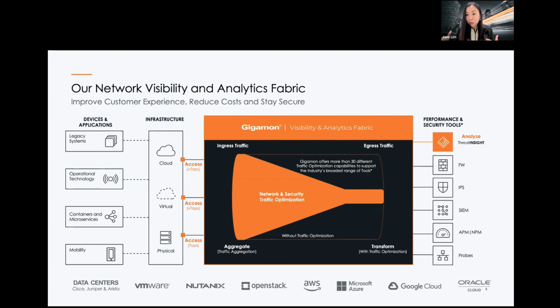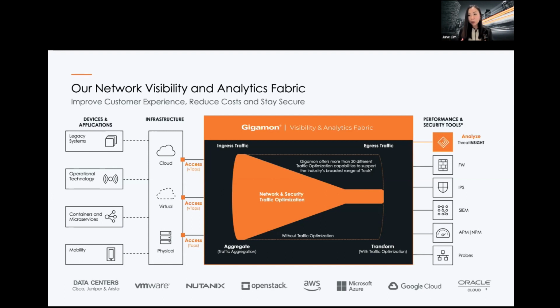Now, your next question to me will be, what if some of my tools, maybe my firewall, want to see encrypted traffic, or my forensic tool wants to see everything encrypted? Then I say, then you pass encrypted traffic to it. If your IPS wants to see decrypted traffic, then I send decrypted traffic to it. You can choose based on the tool, what exactly you want to see, the kind of traffic that you want to see.